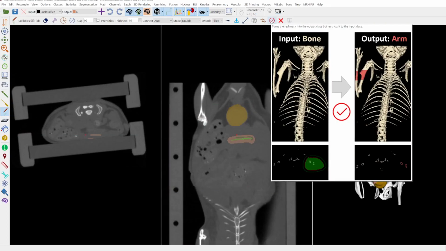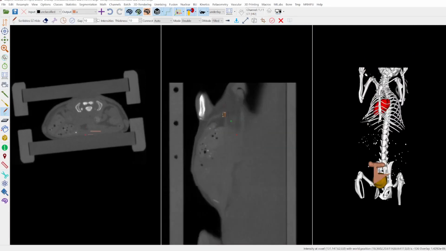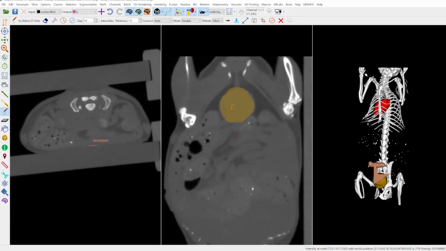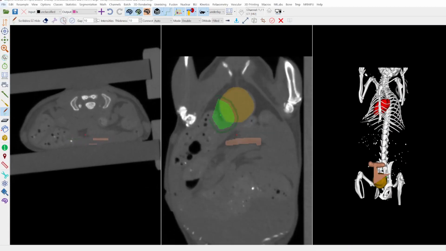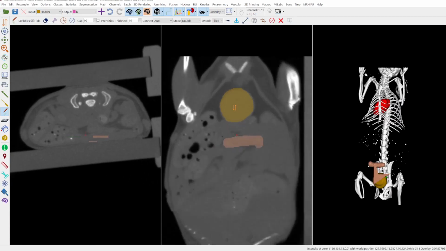Okay. You can turn the red mask into the output class, but restricted to the input class. So for example, when I draw some scribbles here and here, and I will call it B, the new class. When I press this one, then everything of this green mask will assign to B, but when I select as input class the bladder and press here, only the parts of the bladder are segmented.